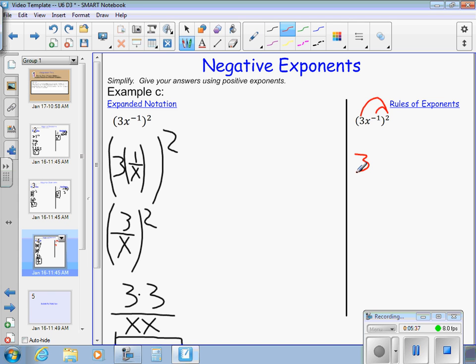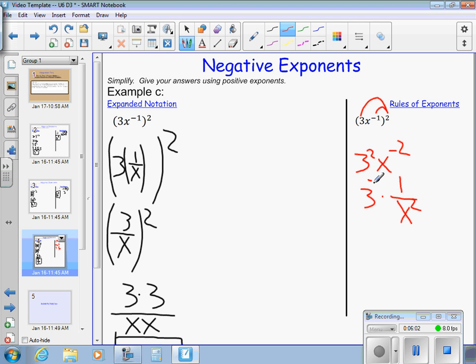I have 3 squared times x to the power of, and 2 times negative 1 will give me negative 2. Well, now I need to deal with this negative, so now I've got 3 squared times 1 over x squared,